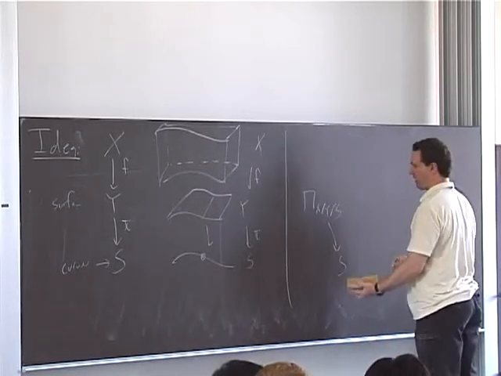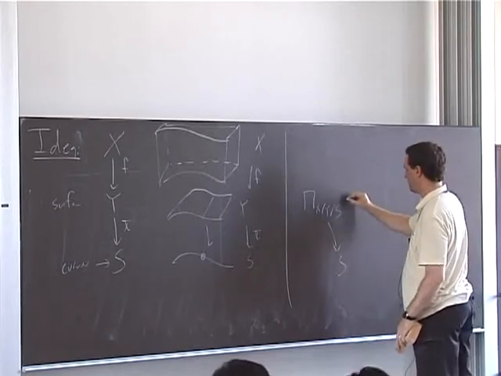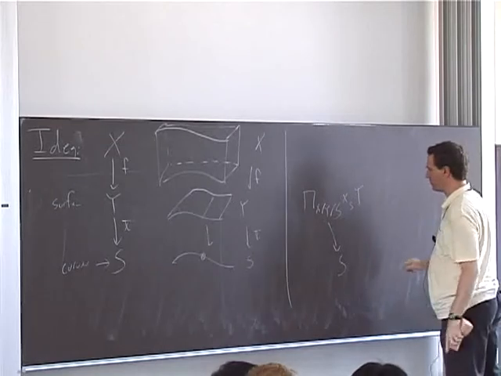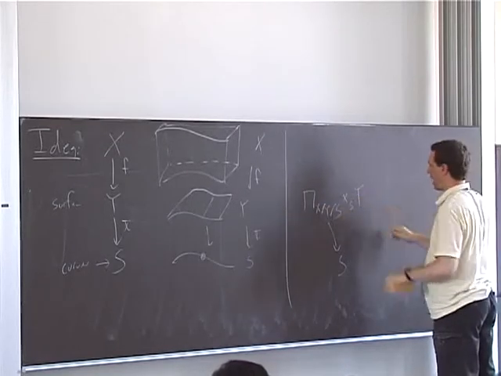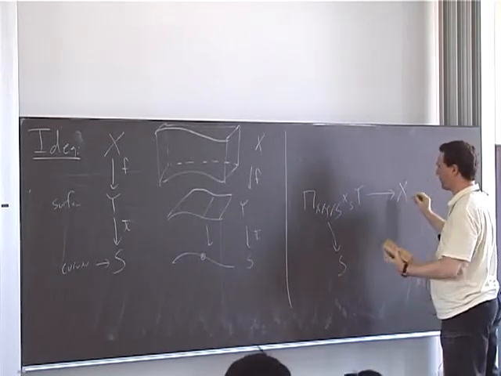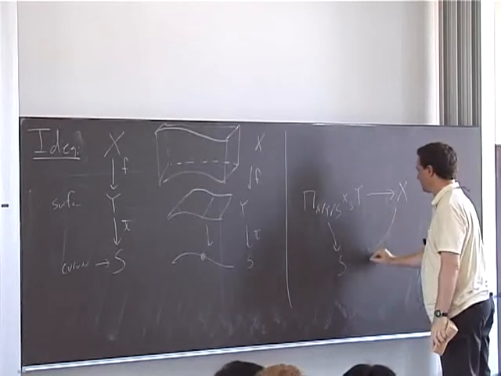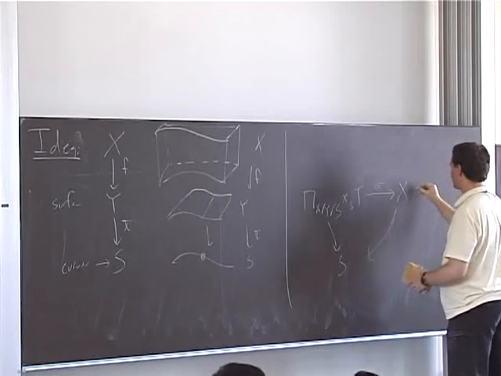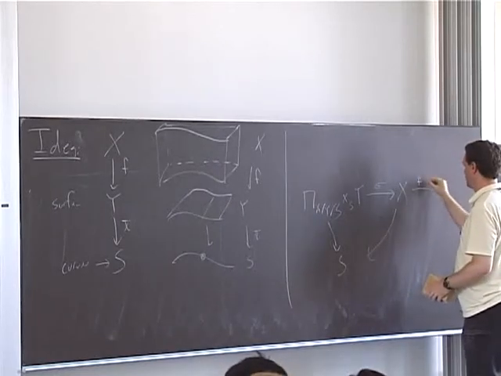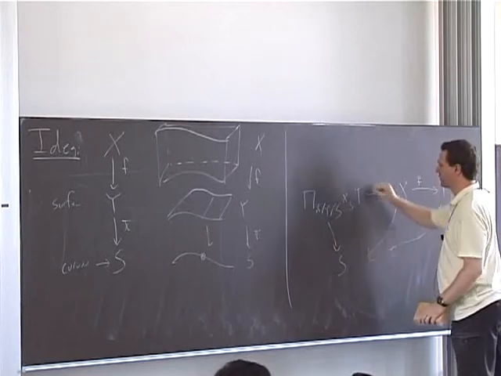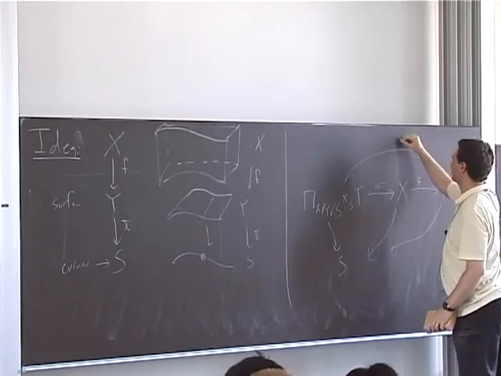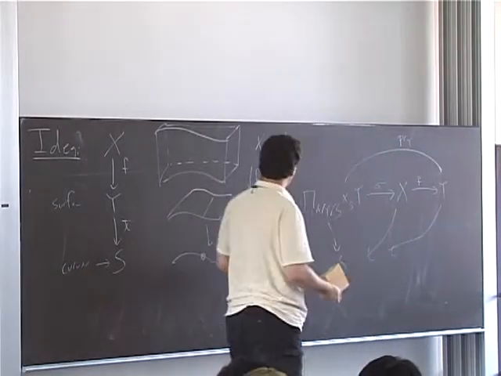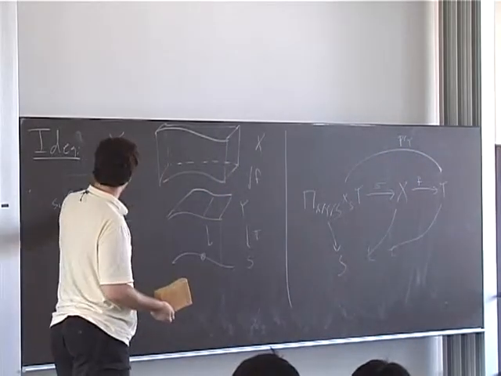And this space has some universal property. There's a map from the fiber product of this S-scheme and Y to X, a morphism of S-schemes. Everything is over S. So there's some map, sigma, with the property that if we then compose further with F to Y, again, everything is over S, that's just the same thing as projection onto Y. So in other words, this is the space over S whose fiber over a point in S parametrizes the sections